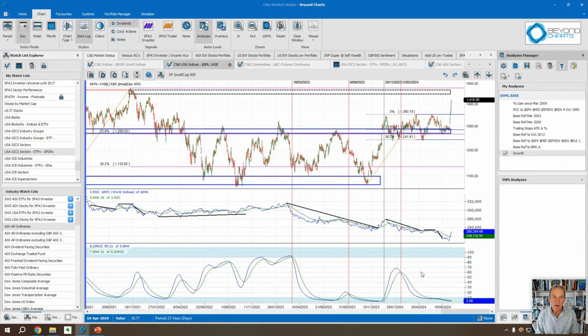And then if we've got all sectors of the market moving and rising, that becomes a raging bull market. Now, raging bull markets don't last forever, but when they do happen, we really do need to be in them. We don't want to be sitting on the sidelines. This is our time in the sun. It might go a month, might go 2, 3, 4, 5, 6. We don't know, but we don't want to miss it. The evidence is there and has been there for some time. What we didn't know is whether